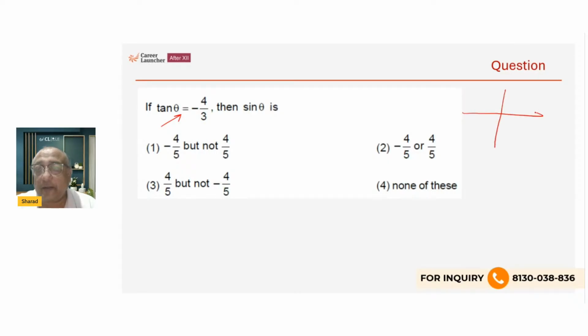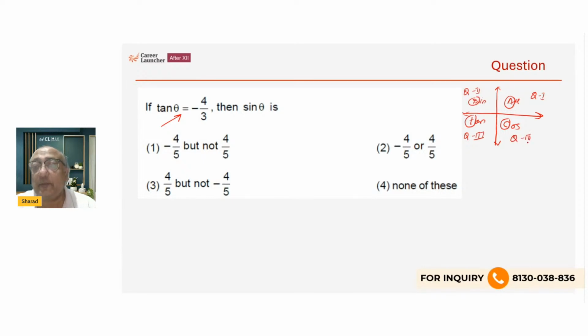Let us draw a quadrant. Write here: All, May A is in circle, then write sine, s, sine and cosec. You will remember this. Then write tan and cot, t, and here write c, which is cos. So what is the funda over here? All trigonometric ratios are positive in quadrant number 1, sine and cosec are positive in quadrant number 2, in Q3 tan and cot are positive, and in Q4